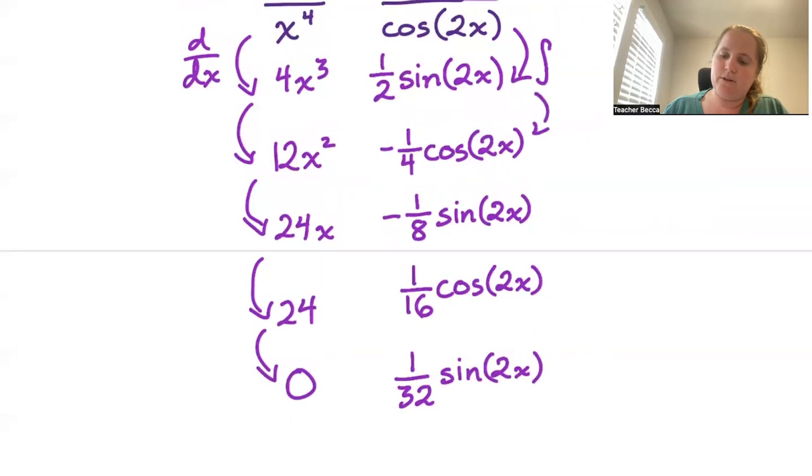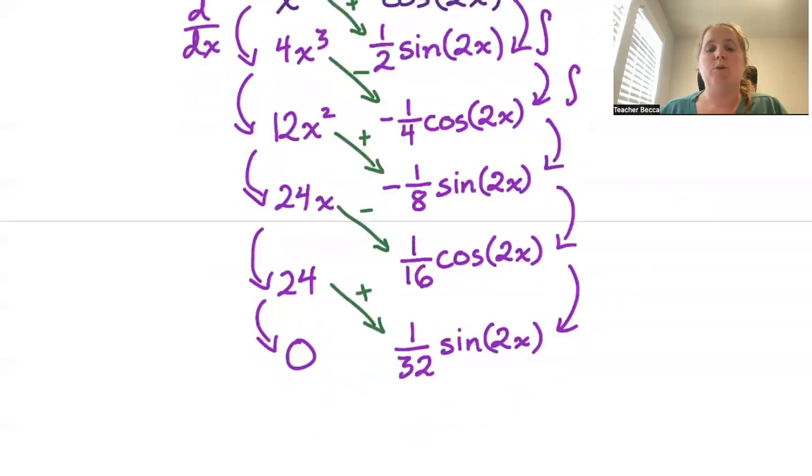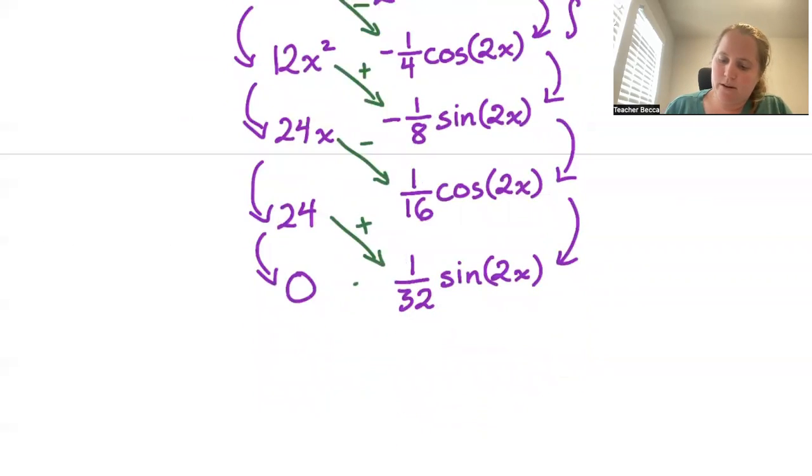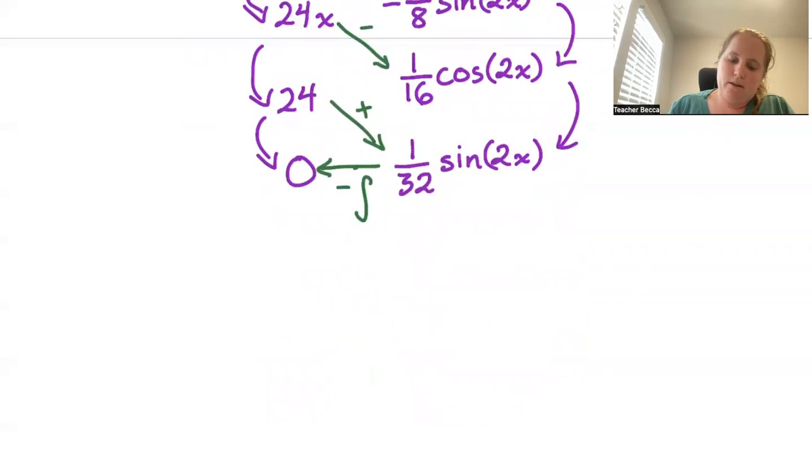So again, that's differentiating on one side, integrating on the other. First diagonal is a positive product. Then we go to a negative product, positive product, negative product, positive product, going for each of those diagonals. Because we ended with a positive diagonal, we continue with our switching signs, we will subtract the integral. So this becomes the integral of x to the 4th cosine of 2x dx